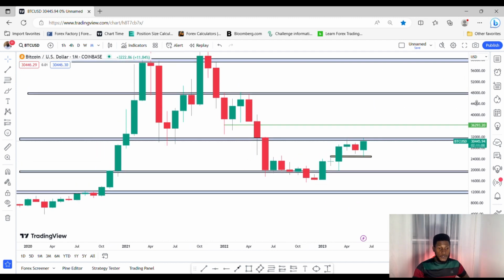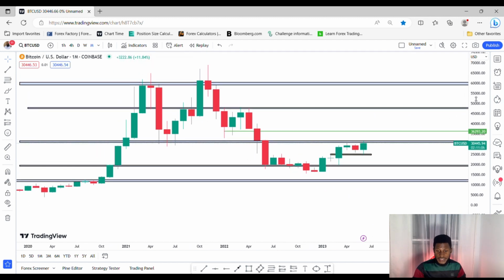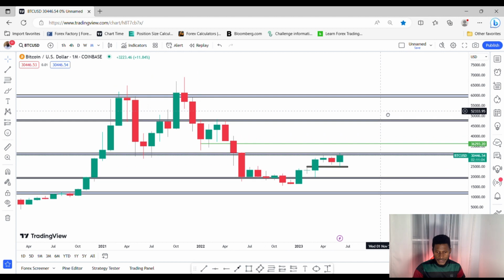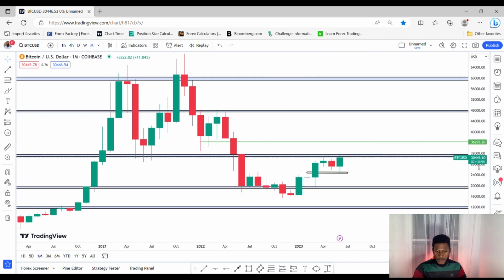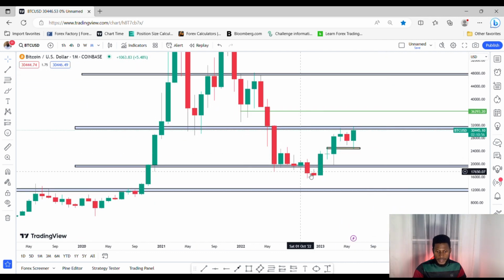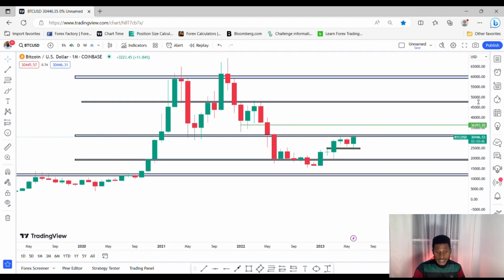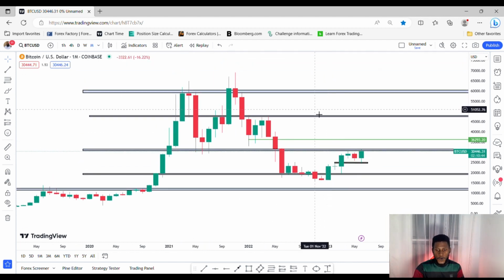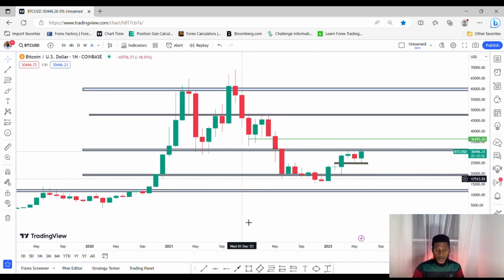So basically on Bitcoin, in my previous video, Chart Time series episode 3, I specifically forecasted Bitcoin rallying to the upside to about 30k initially before it came down here. So basically what I do on the monthly time frame is identify the overall trend of the river. So Bitcoin currently